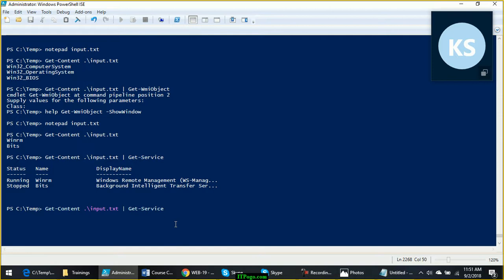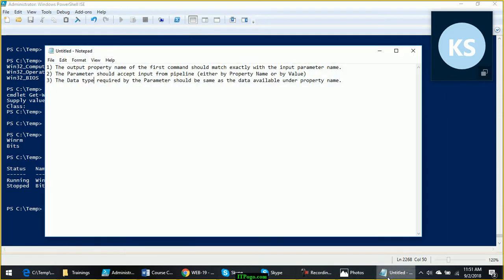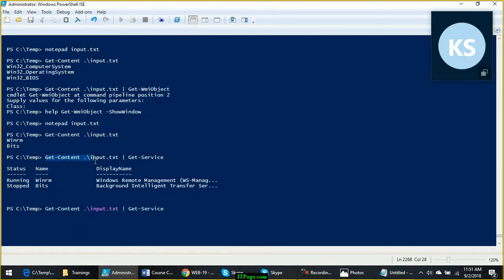That means only when these three rules are met, the output of a command can be given as input to the next command in the pipeline. Any questions, team?